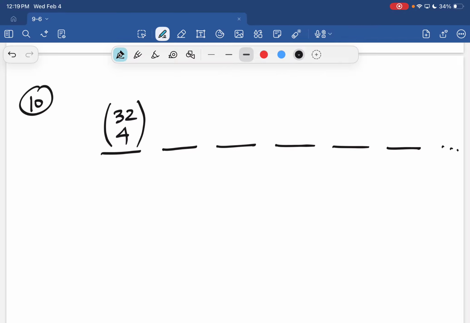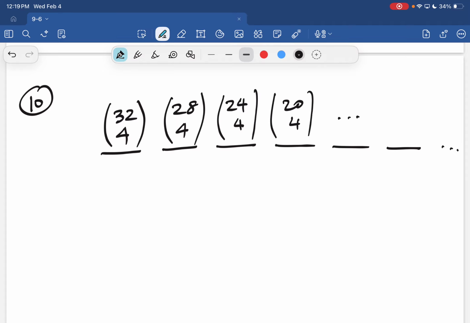How many ways are there to choose the second group? 28 choose 4, because now we only have 28 teams left, and we're trying to choose 4 from that. Next bucket, 24 choose 4. 20 choose 4, all the way down to 4 choose 4, which is 1. Because once we have 4 teams left, there's only one way to put them in the group. Are we overcounting? Yes, we are overcounting because